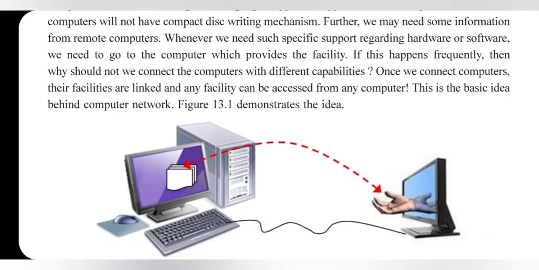Here you can see the file is stored on a computer at another location, but I can access the file from my office computer as well, because they are connected with each other. Once the computers are connected, we can share all the resources, hardware and software, remember students. This is the idea behind the network. Basically, when things are connected with each other, it is known as a network. And when computers are connected with each other, it is known as a computer network.